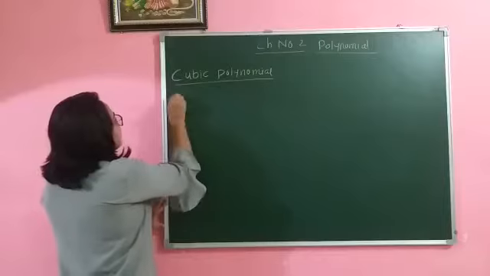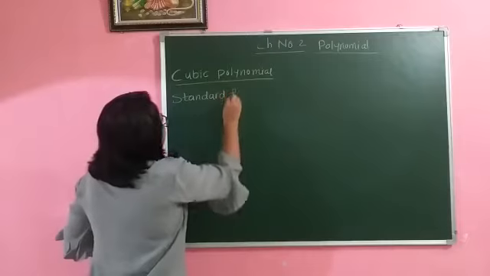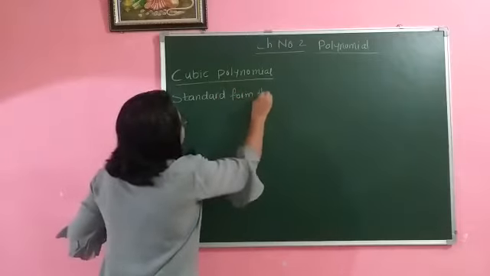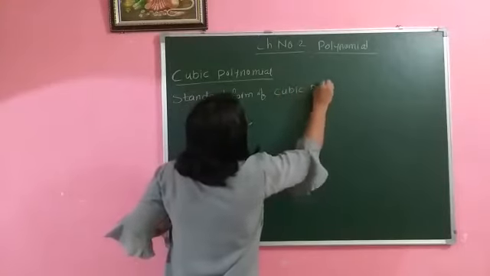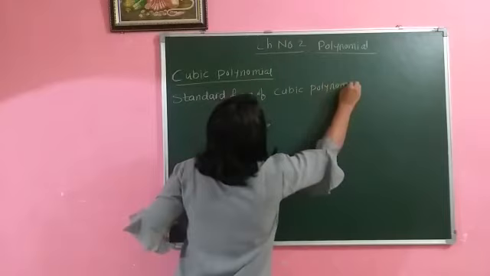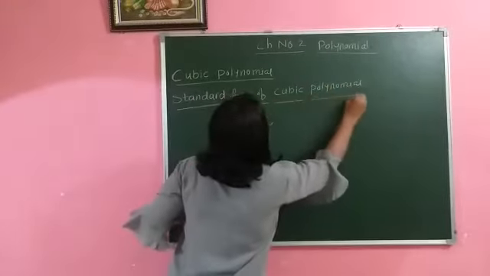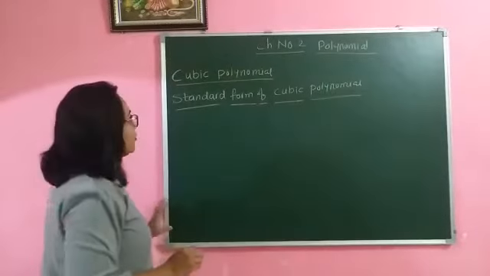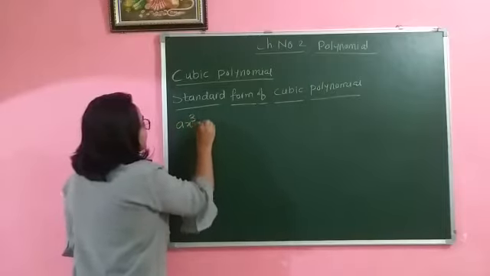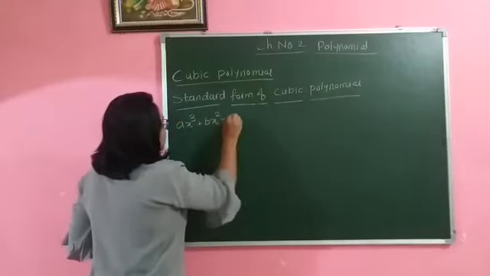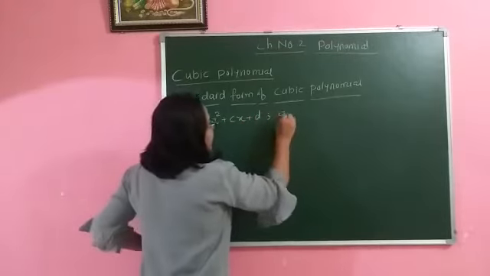So what is the standard form? The standard form of cubic polynomial is ax cube plus bx square plus cx plus d, where a is never